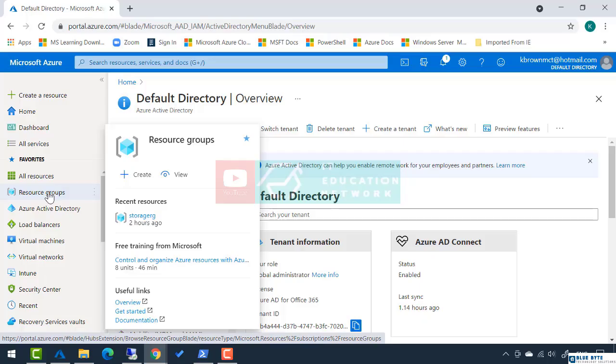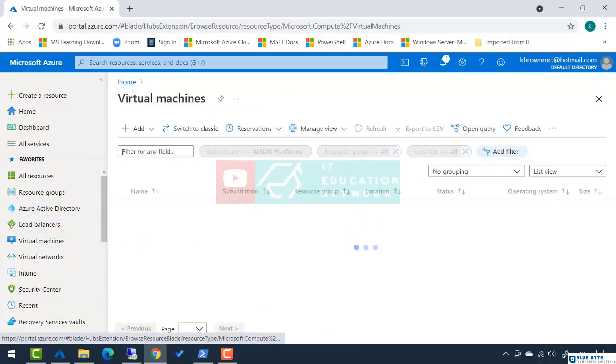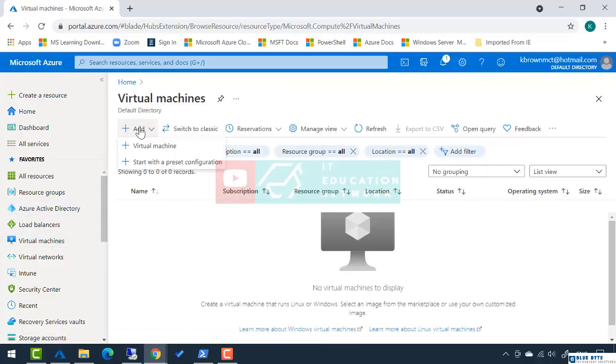These are the most common things that you will actually work with. Whenever you create anything in Azure, that thing gets put in a resource group. A resource group is nothing but a collection of related settings for your solution. For example, if I wanted to create a new virtual machine, I'm just going to click Add, Virtual Machine,